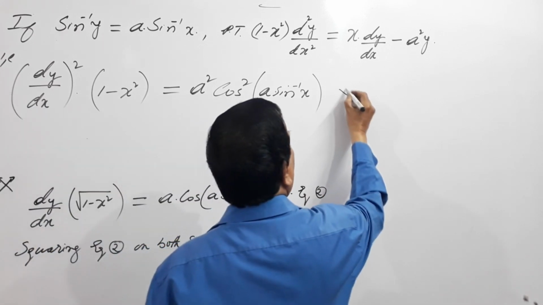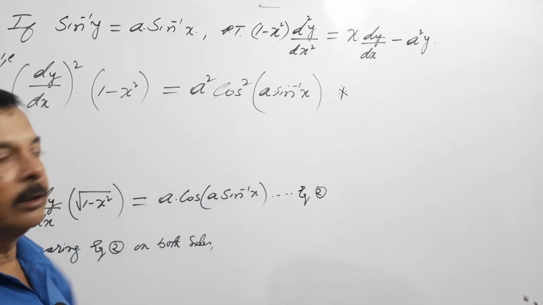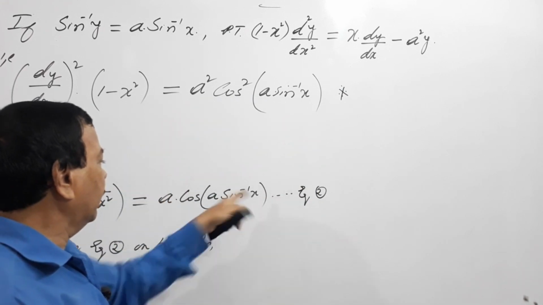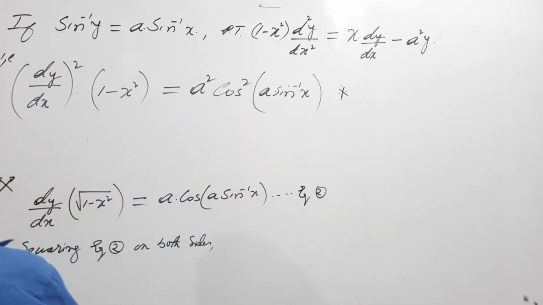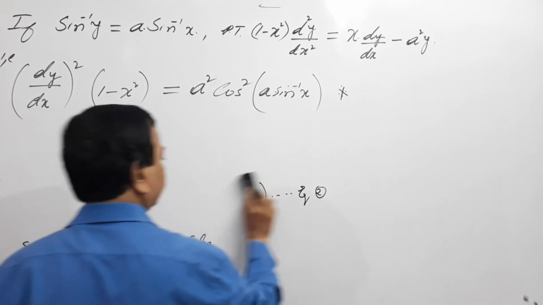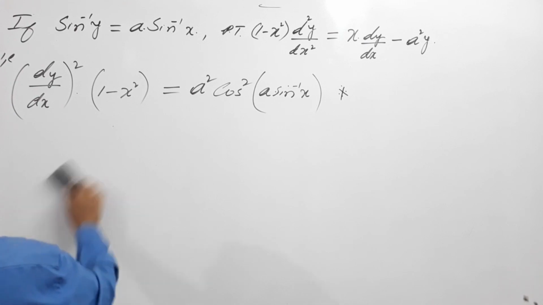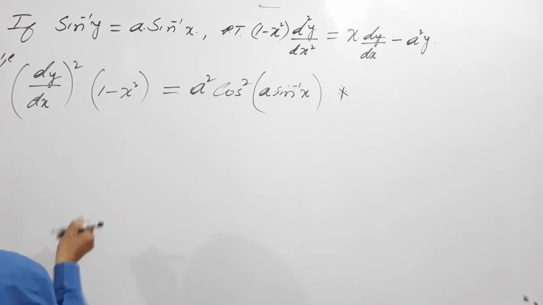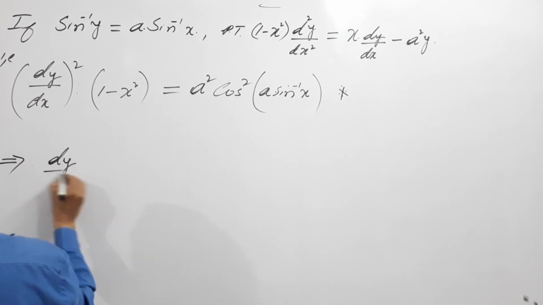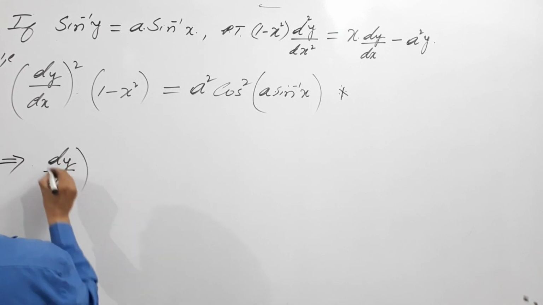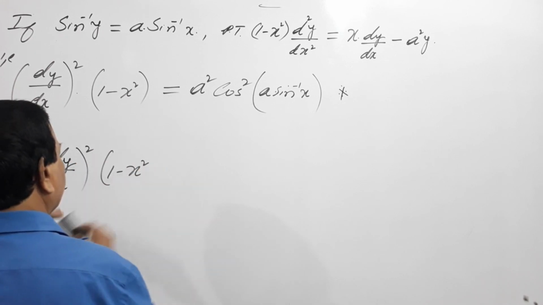This step is very important. So most of you go wrong here also by writing that. That is to whole to the power square. Don't do that, write this. I'll rub this. That implies (dy by dx) the whole square into 1 minus x square